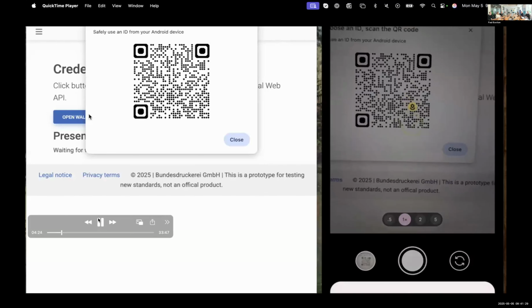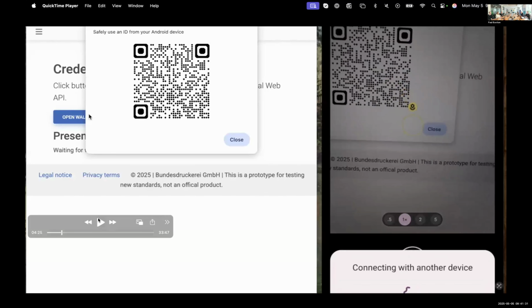Maybe to talk a little bit about the cross-device flow, because I'm not sure if everyone is familiar. This is not just a QR code which includes the authorization request as it was before, I think. And this could be the target of an attack, because the QR code can be scanned from everywhere and can be copied.